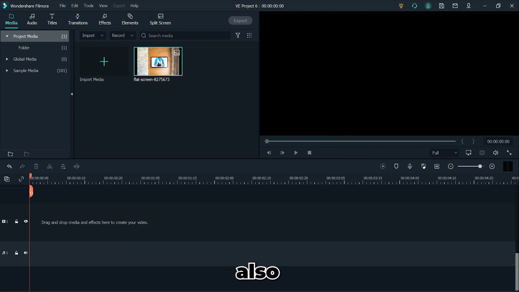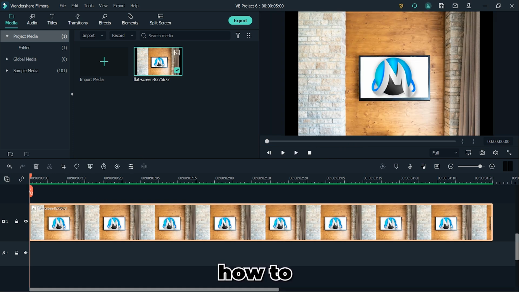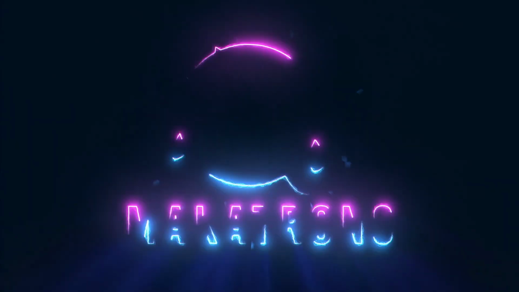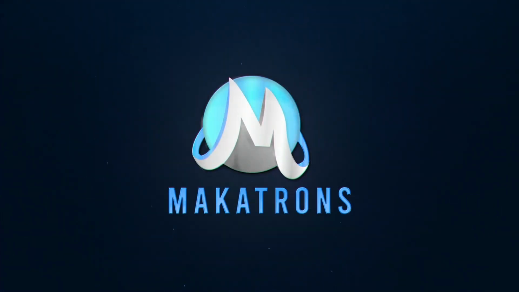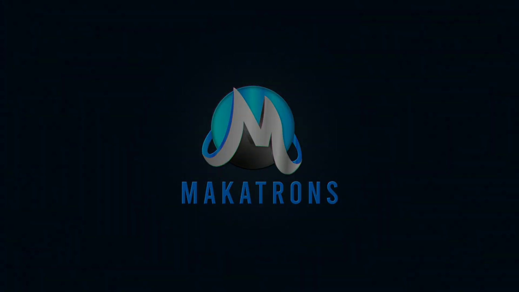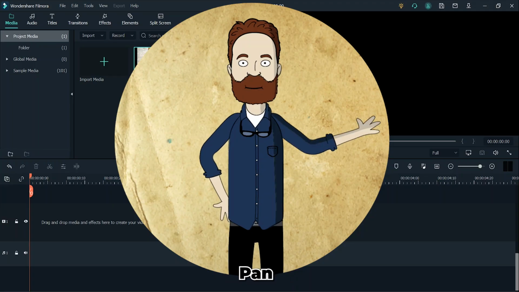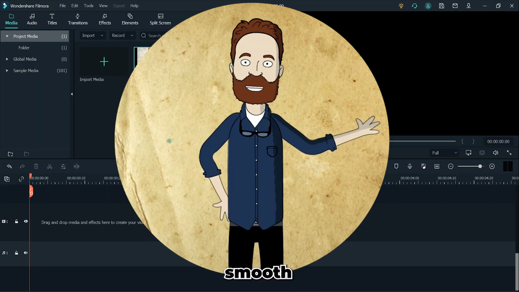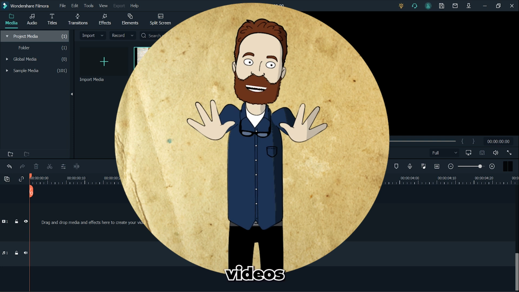Pan and zoom, also known as the Ken Burns effect, is a great way to add motion to still images or videos, making them more engaging. Here's a detailed step-by-step guide on how to use this feature in Filmora X, perfect for beginners. In Filmora X, the pan and zoom feature allows you to add smooth motion effects to images or videos, making